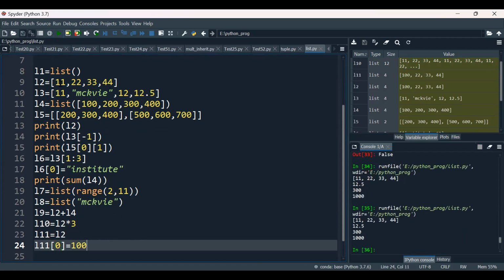So L11 gets modified and at the same time L2 also. Why? Because they are pointing to the same object. Look at the changes. I modified the L11 zeroth index, and when I modified the L11 zeroth index, the L2 zeroth index also gets modified. And if I write